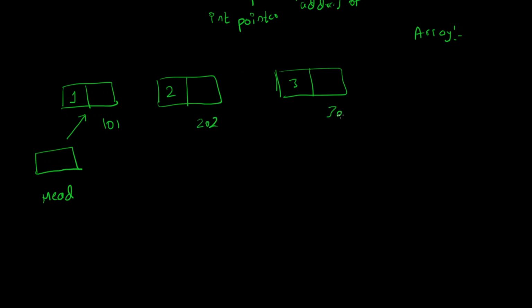It can be 305. So this node has two fields. This is the data field, and this is the address or the next pointer, meaning where it points. It's going to point to this node. What I mean by that is, it's actually going to store the address of this node here, in the next pointer. This is 202, and so on. What it is going to store is the address 305. And the head is just going to store the address 101. Simple as that.